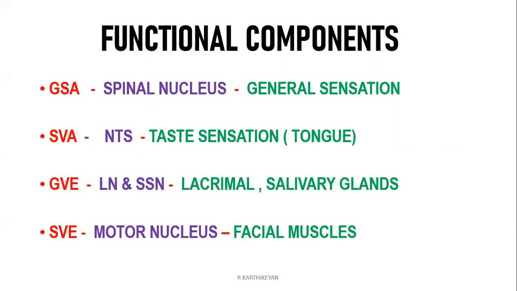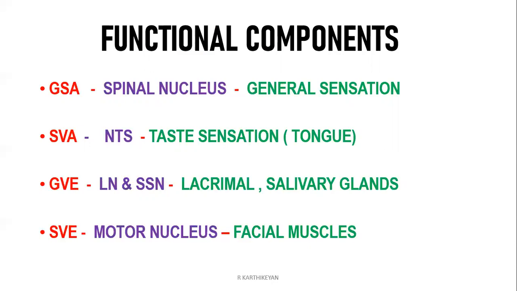In the functional components of any cranial nerve, you will include what functional components are present and which nucleus each is related to. Every nerve is going to have a set of nuclei from which it arises. You will learn in neurophysiology what a nucleus and a lesion are. Just understand that every nerve arises from a nucleus, which is nothing but a collection of cell bodies.